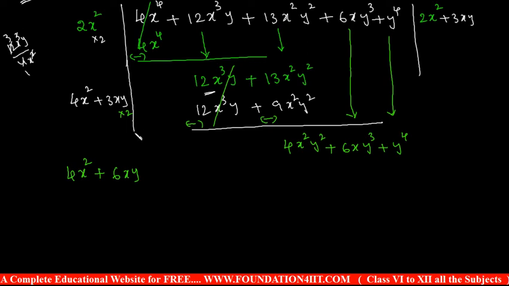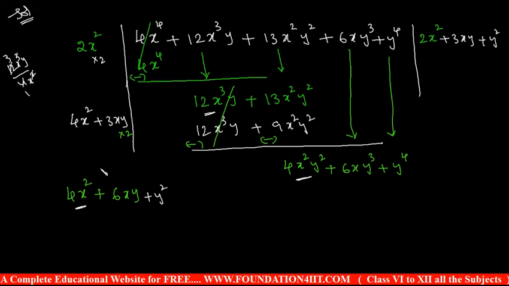Now here is the first term, and you should check it: 4x^2, and this is 4x^2y^2. So we need an extra y^2, that is 4x^2 into y^2, giving 4x^2y^2. So write plus y^2 here and the same plus y^2 above. Now multiply y^2 with the entire divisor: y^2 into 4x^2 is 4x^2y^2, plus y^2 into 6xy is 6xy^3, plus y^2 into y^2 is y^4.